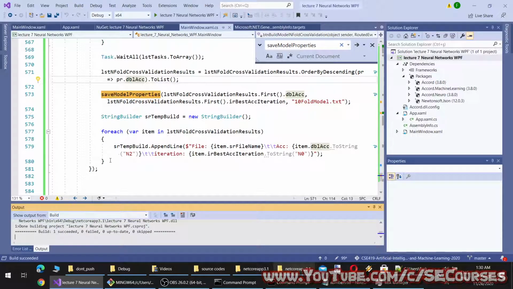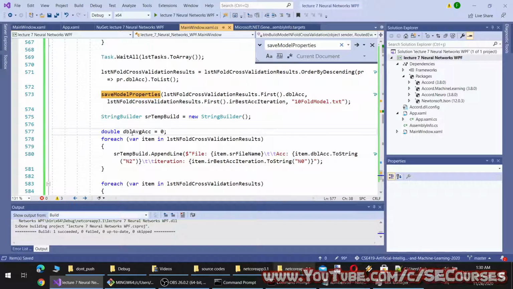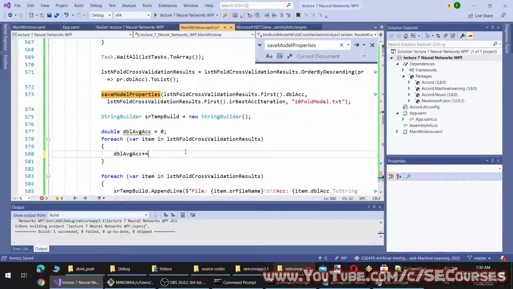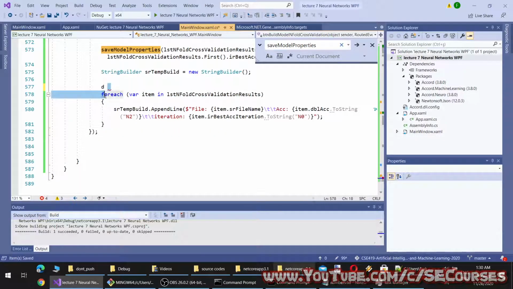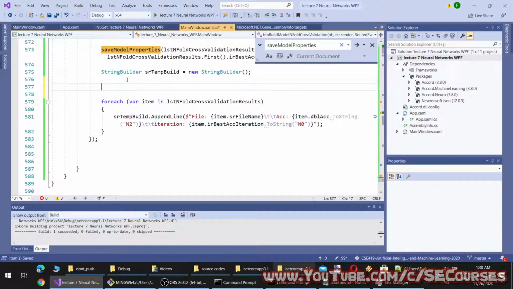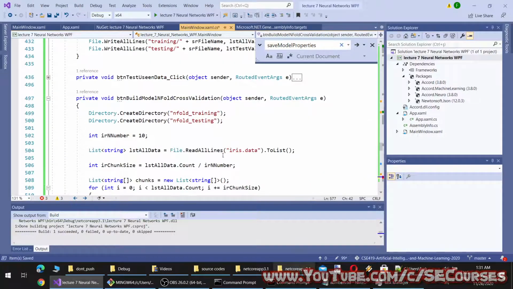Also, let's calculate our average accuracy. I can write it like this immediately actually. One second, I will show you. We have provided 10.